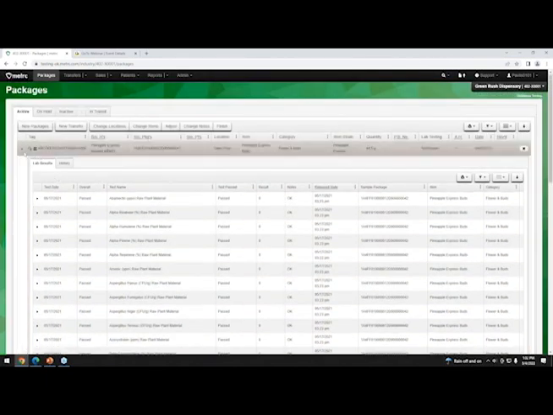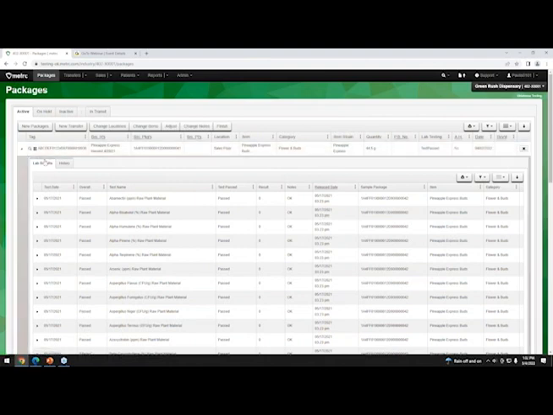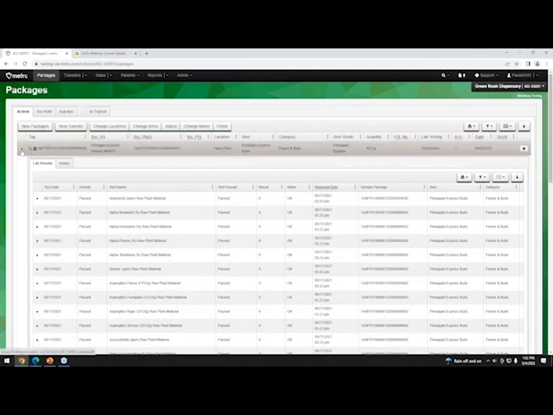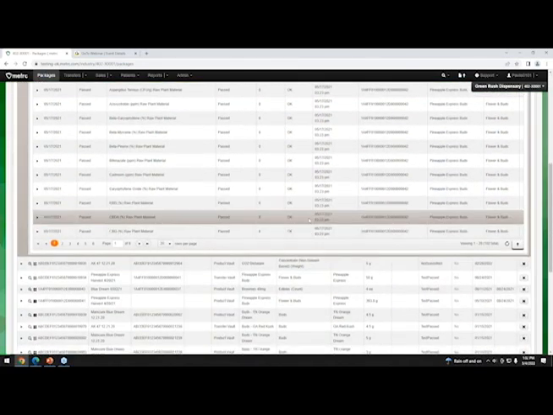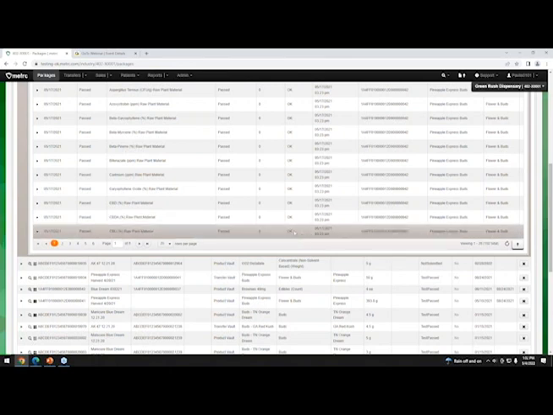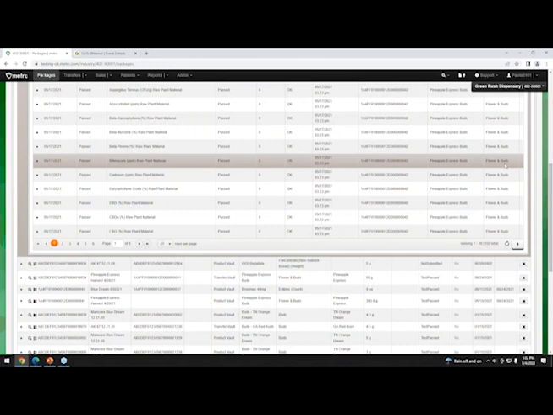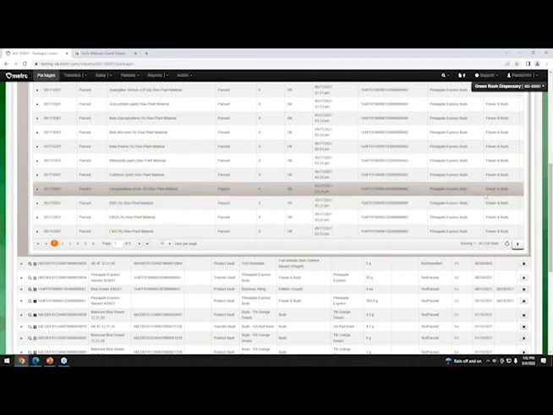The other thing I'll flag here is if you scroll all the way to the right on the table for the lab test results. All right. On the far right hand side, you'll be able to see a doc button.